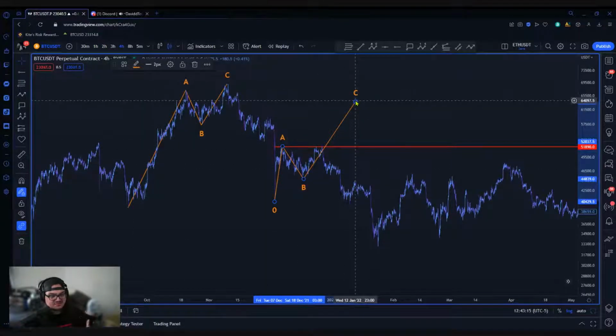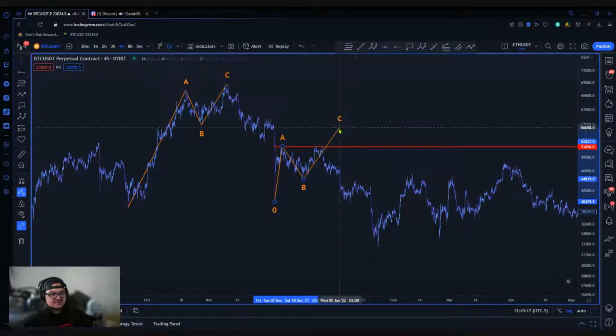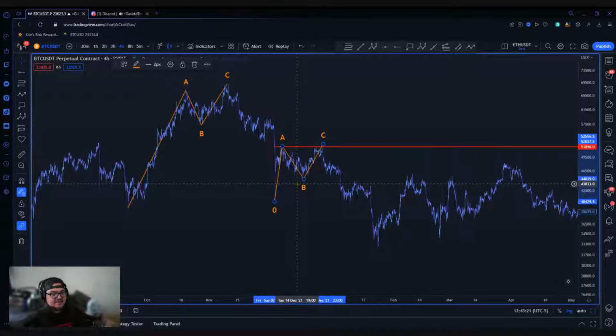That's the main purpose of why I do this, because a lot of the times, people will ask me, "Hey, why don't you take profit at the bottom? Why do you wait for a continuation setup?"